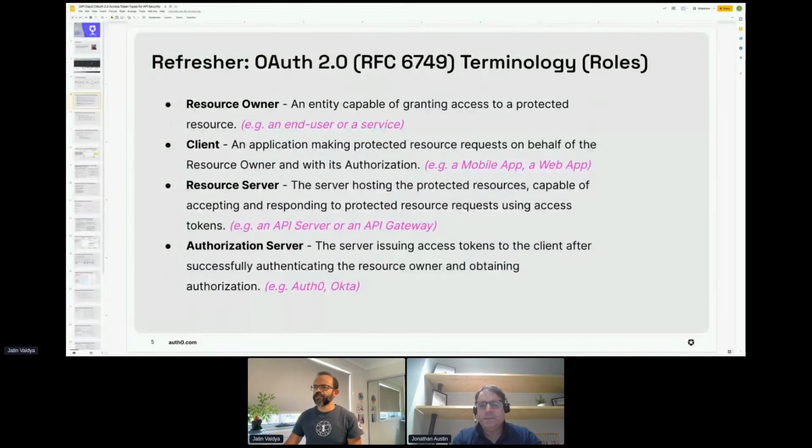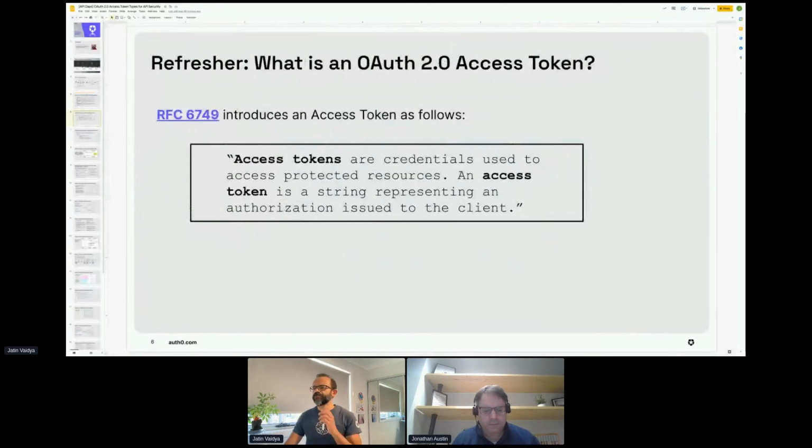These are just a few roles that the OAuth 2.0 specification talks about. Now, just quickly, the OAuth 2.0 RFC defines the access token as credentials that a client application would use to access a protected resource, which is the API.